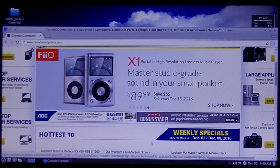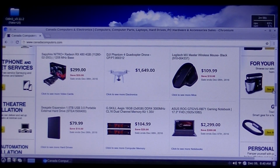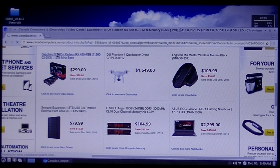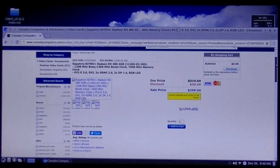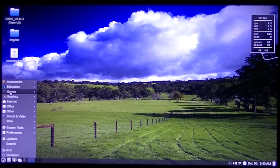That's pretty bad. I'm going to go ahead and do some application browsing. Oh look, we're going to be looking at an RX 480, why not? And the CPU goes up and up and up, we're at 95%, and we hit full throttle, 100%. Normally, it would take around maybe 8 to 10% on a normal CPU, but this thing is just...